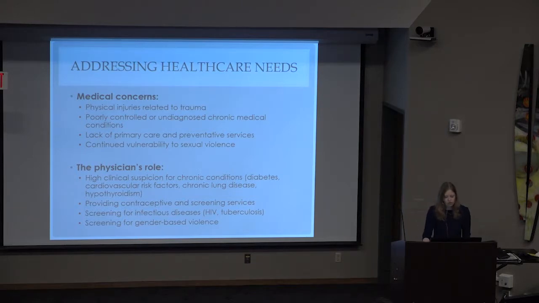Refugees sometimes have ongoing physical injuries related to their trauma. Underdeveloped or eroding healthcare systems in their home countries can leave refugees with poorly controlled or undiagnosed chronic medical conditions. Refugees are significantly less likely to engage in preventative medicine and primary healthcare services. So according to a study that was published a few years ago, only about half of immigrant women at risk for unintended pregnancy receive contraceptive care in the last year, as opposed to 2/3 of US-born women. Immigrant women have higher rates of unintended pregnancy. They're also less likely to receive cervical cancer screening, and they have higher rates of cervical cancer-related deaths.